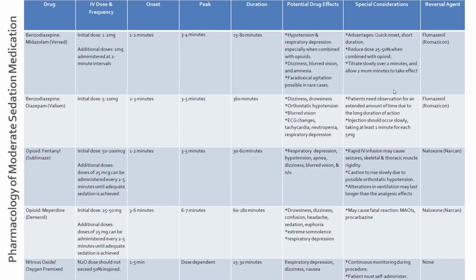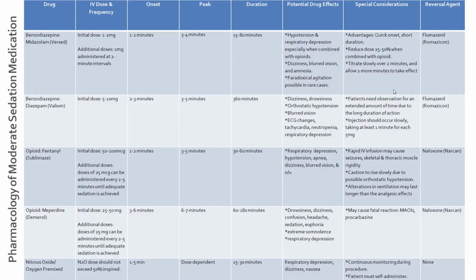Depending on the medication regimen utilized within your facility, you'll need to educate yourself about the pharmacology of these drugs prior to administering moderate sedation. This chart only samples a small portion of medications utilized at various member facilities. By and large, the most common combination of medications utilized for the purposes of moderate sedation are fentanyl and midazolam. This is due in part to the rapid onset and shorter duration of these medications.